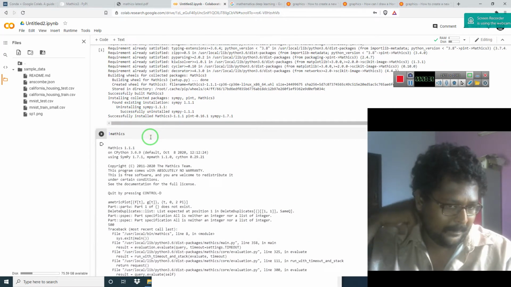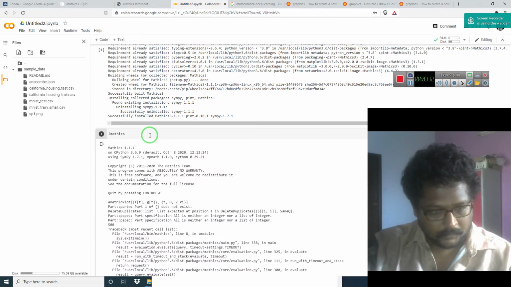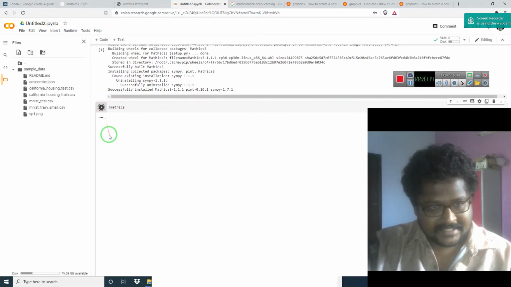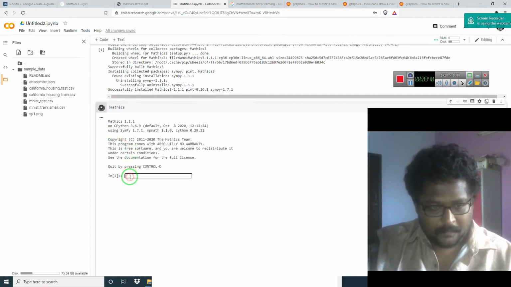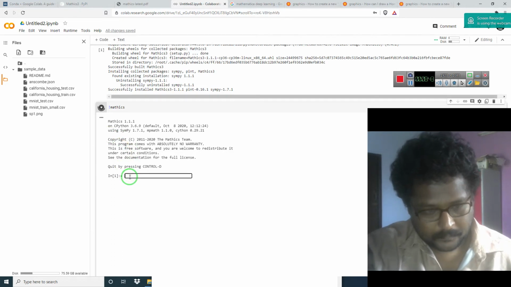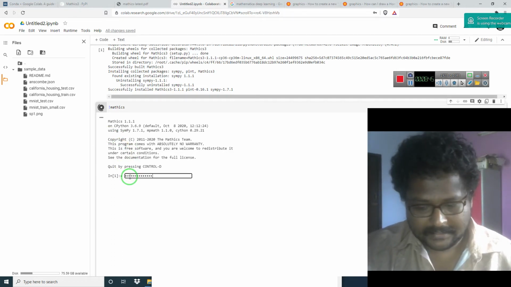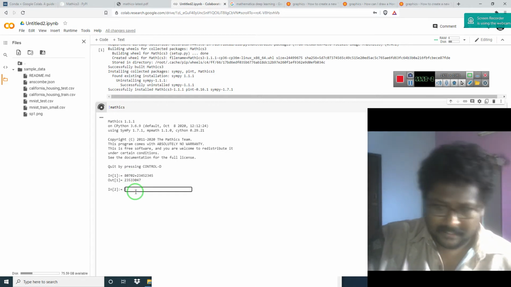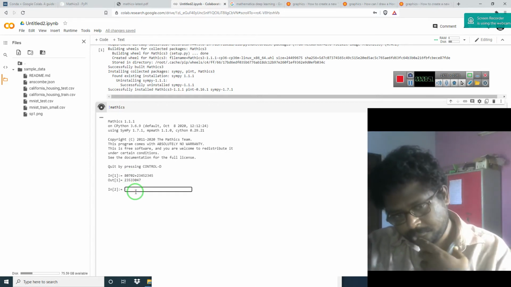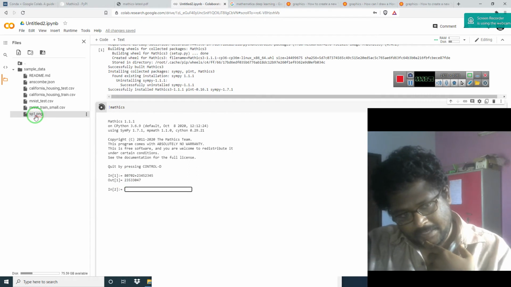But for example, if I run Mathics again, you will see this. Okay, and I am typing this and it is giving me the answer, but for some things it is not going to give me the answer. So in order to do that, I am going to import this.